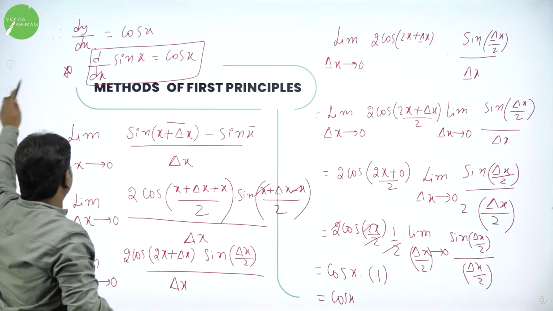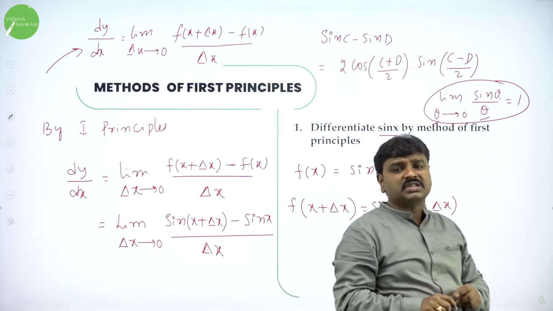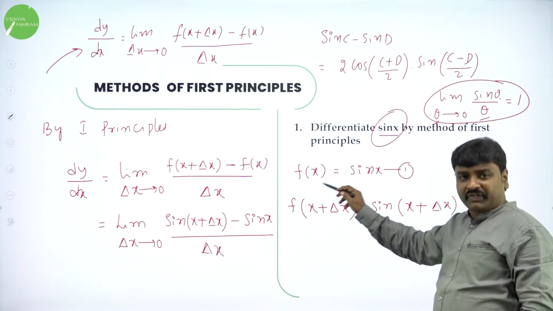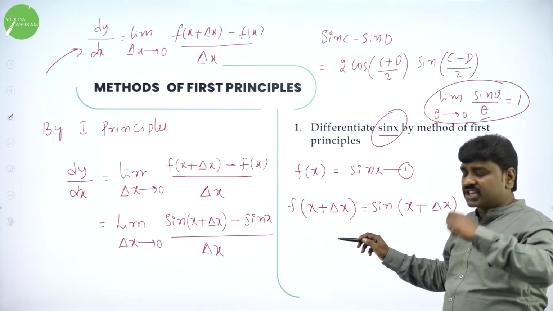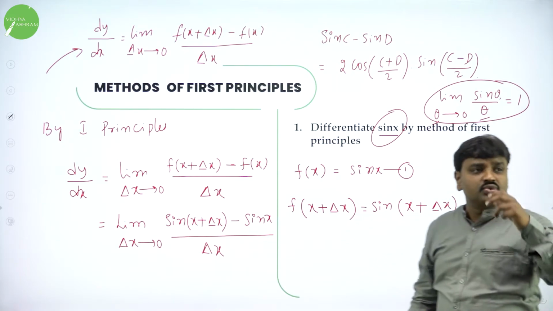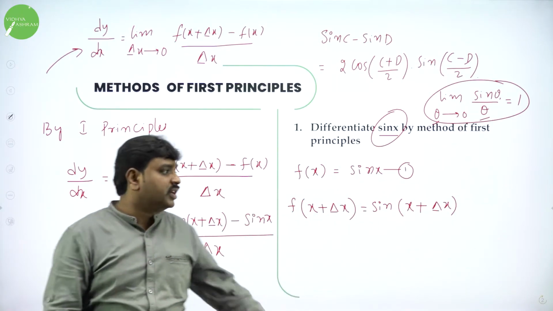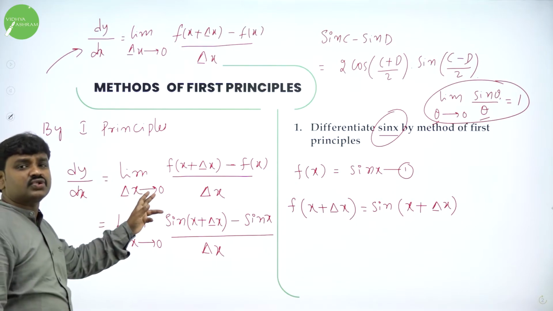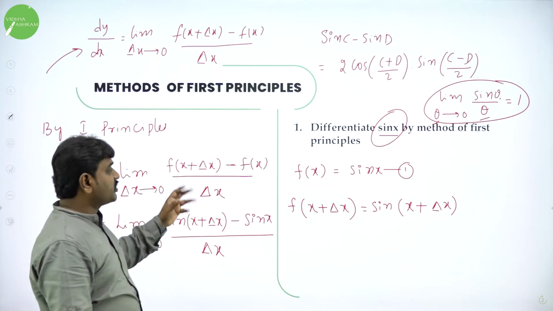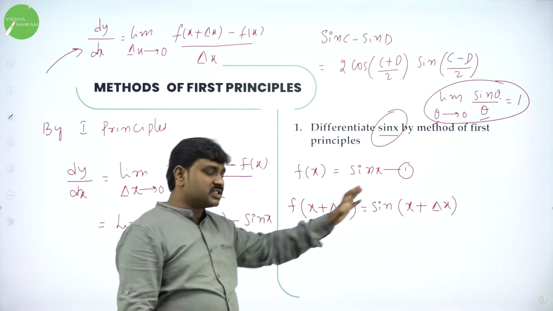So, now coming back to this. They want you to differentiate sin x with respect to x from first principles. Whatever they give, call it f of x. They gave the function sin x, so take f of x equal to sin x, then find f of x plus delta x. What is f of x plus delta x? Sin of x plus delta x. Then use the formula for first principles. You know the first principle formula. What is the first principle formula? dy by dx is equal to limit delta x tends to 0 of f of x plus delta x minus f of x by delta x. Now, f of x means the given function, call it sin x. F of x plus delta x means it will be sin of x plus delta x.